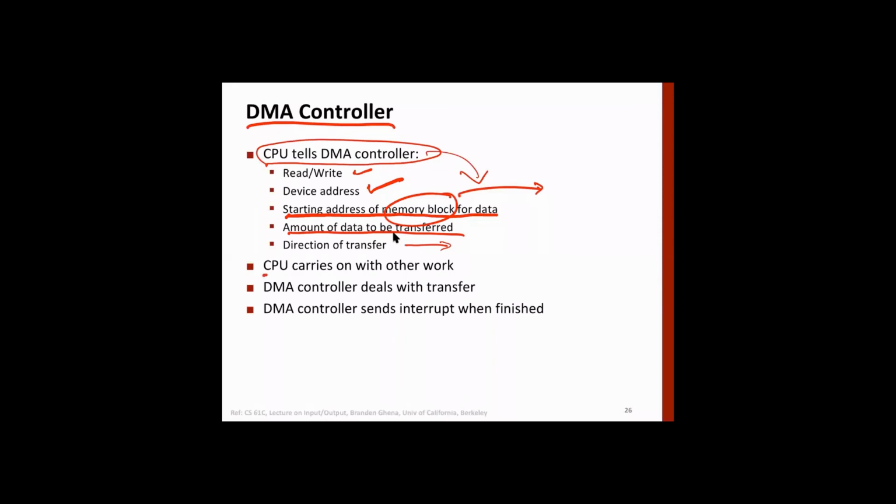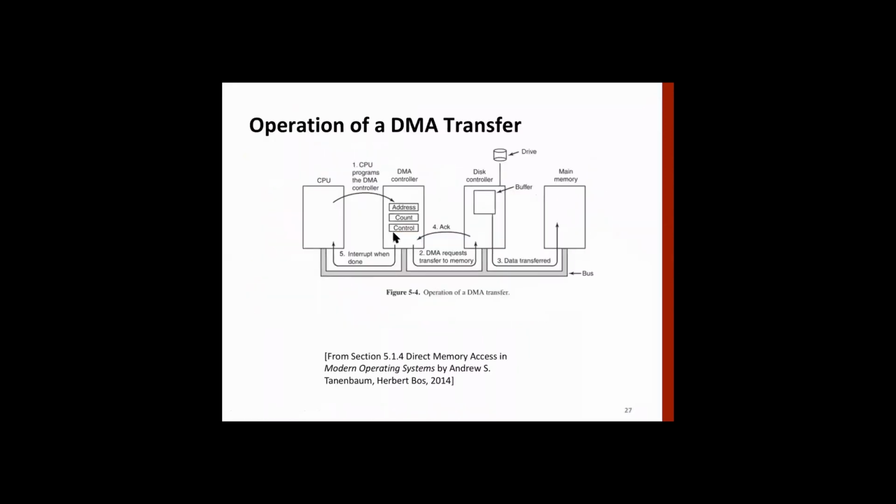That information will come. Once the CPU tells the DMA controller and gives all this information, the CPU goes on to whatever it was doing. Say, for example, it's running a program, and there is an instruction that needs some data that's on disk. The CPU will give the instruction to the DMA controller to do this job and start doing something else if it cannot move forward. The DMA controller will do this work, and then it will send an interrupt to the CPU when it's finished, to tell it that the job is over. All right, so that's the step.